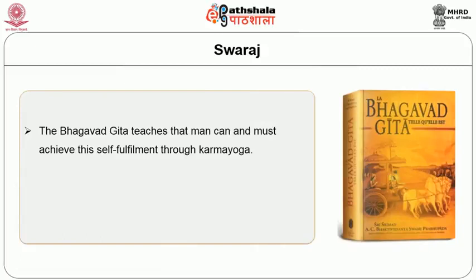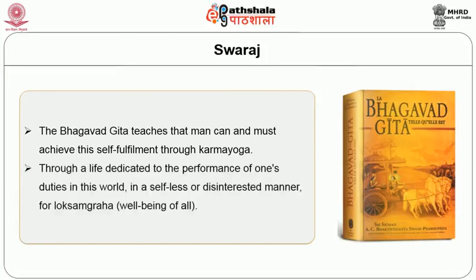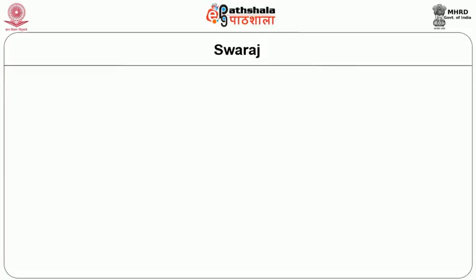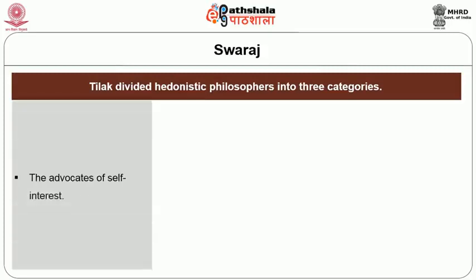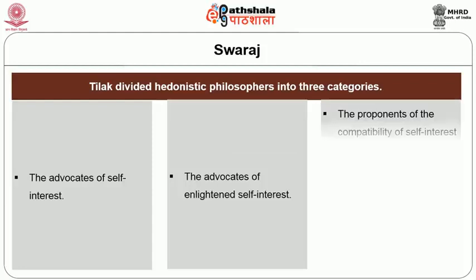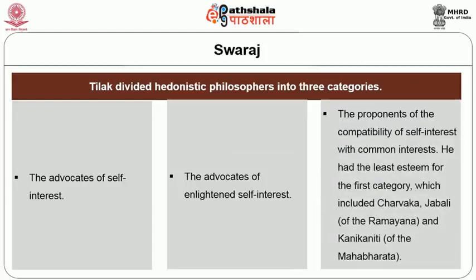The Bhagavad Gita teaches that man can and must achieve this self-fulfillment through Karma Yoga, that is, through a life dedicated to the performance of one's duties in this world in a selfless or disinterested manner, for Lok Sangrah, that is, well-being of all. Tilak now divided the hedonistic philosophers into three categories. That is, first, the advocates of self-interest, the advocates of enlightened self-interest, and thirdly, the proponents of the compatibility of self-interest with common interests. He had the least esteem for the first category, which included Charvaka, Jabali of Ramayana, and